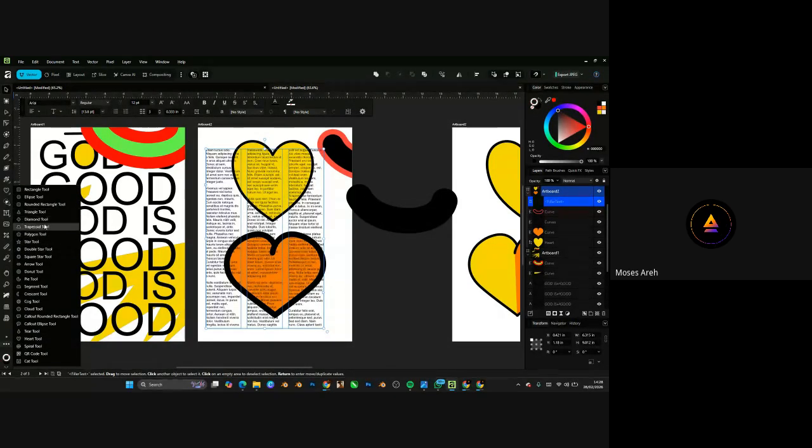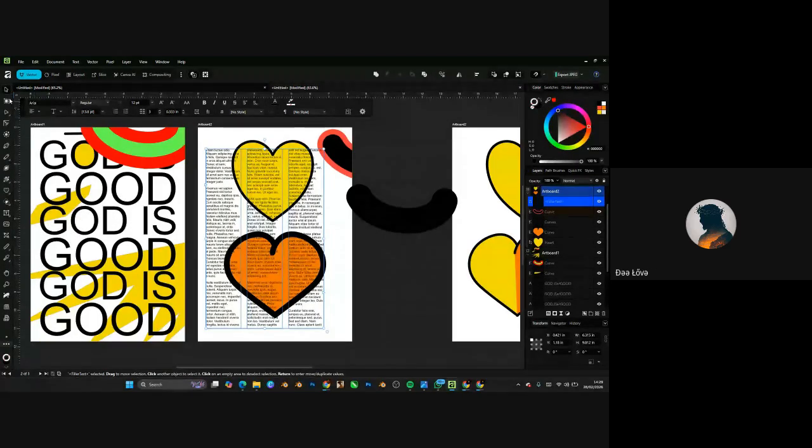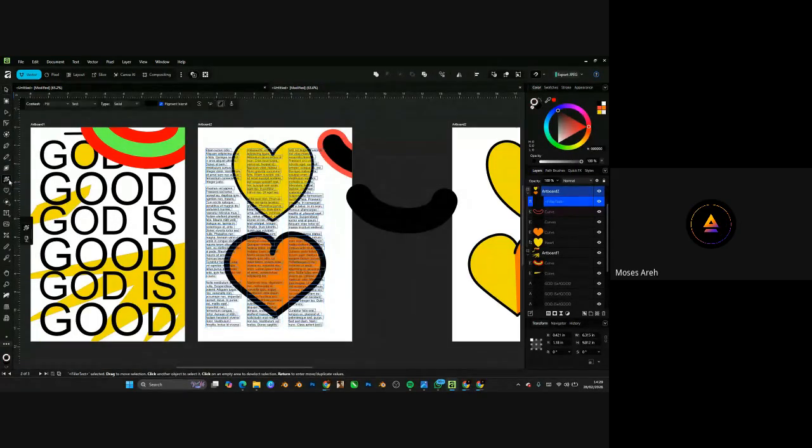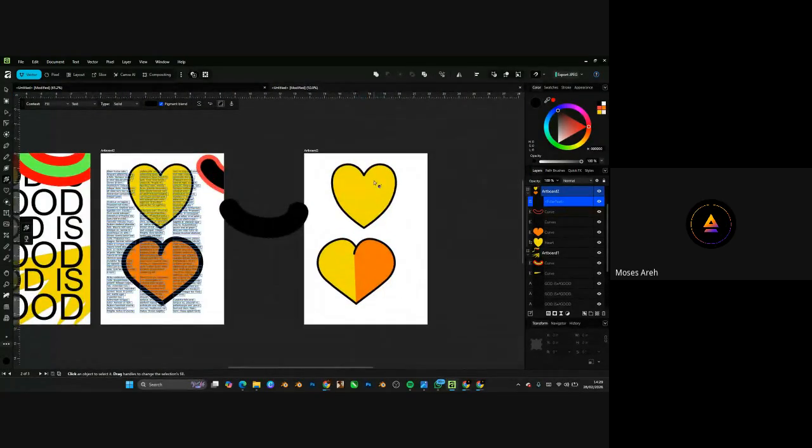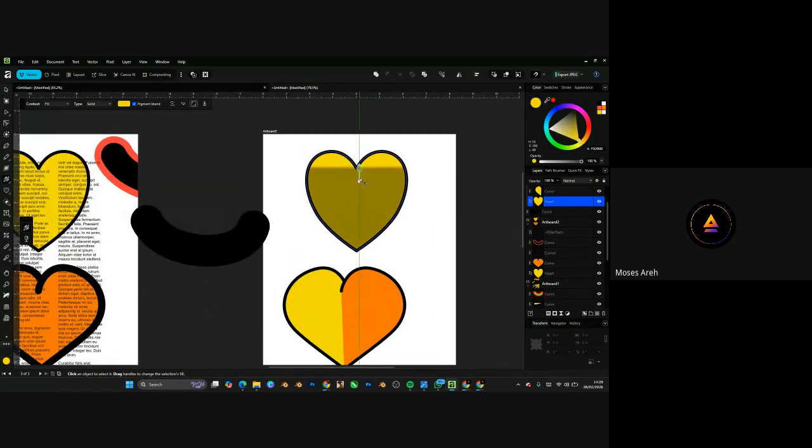You can just use it to quickly get them started. And then another important tool I use is my gradient. This tool is very, very interesting. You can just come here, click on it, and drag. You see how this has a